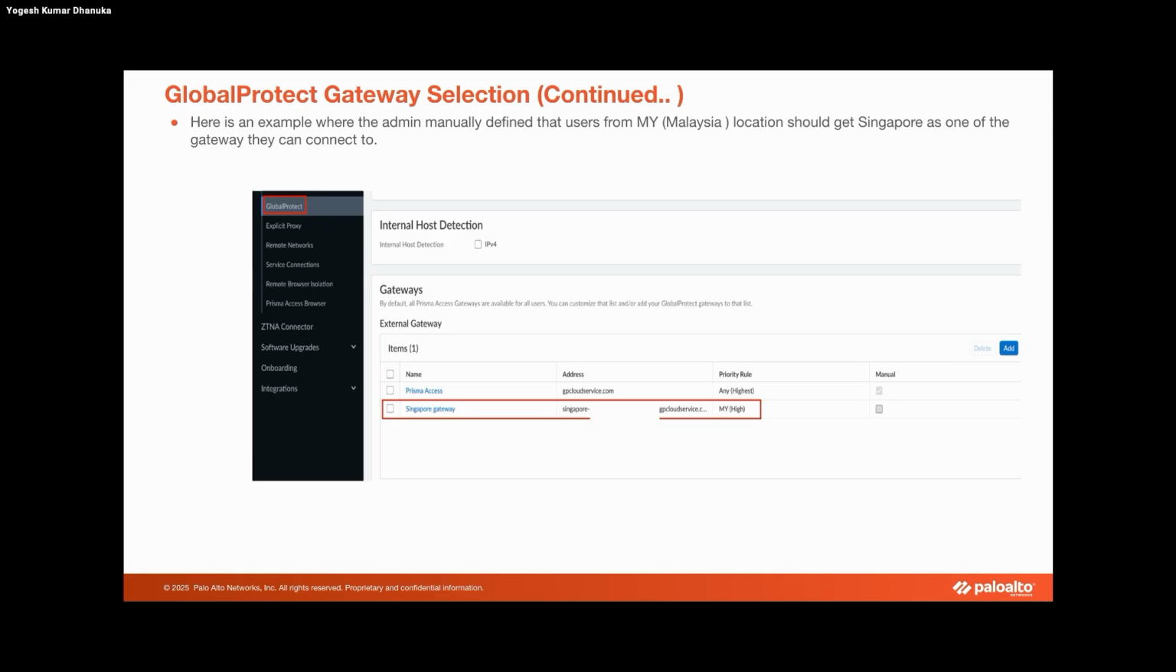For example, when we are defining the app settings in Prisma Access, Best Available is by default selected, which defines the priorities and locations by default. In addition to that, you can identify the FQDN. Here we are taking the example of the Malaysia location, and the users need to connect to the Singapore location. So you can identify the FQDN of the Singapore gateway and add that as a manual entry